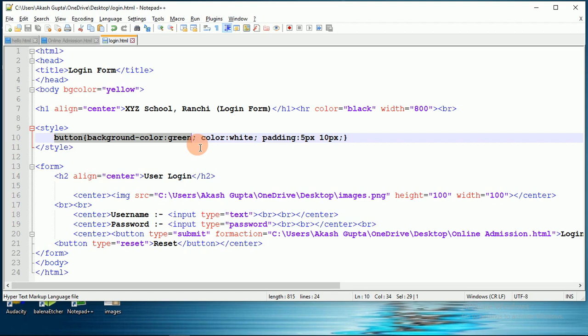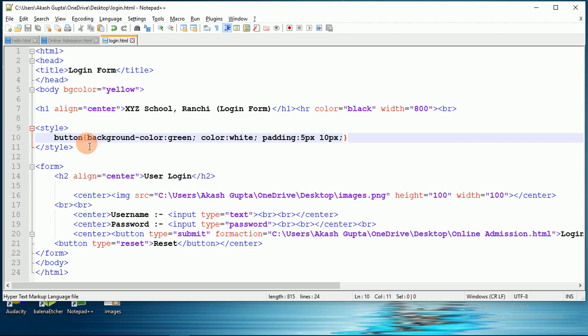Customization is done using CSS, cascading style sheets. So button, I want to customize my button. I had taken here the button tag, as you can see here, I had used this button tag here, right? So I want to customize my button.